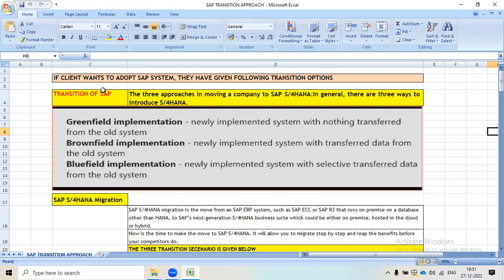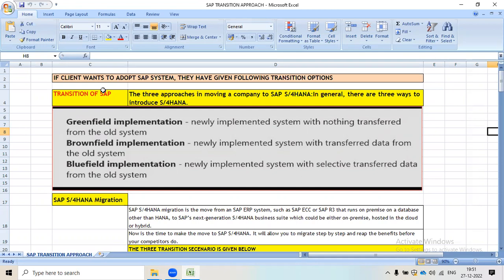Okay, so these are the three approaches to moving a company to SAP S/4HANA. In general, there are three ways to introduce SAP S/4HANA. One is a greenfield implementation: a newly implemented system with nothing transferred from the old data.